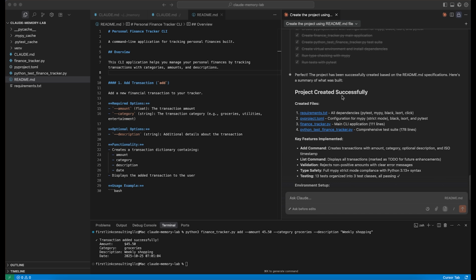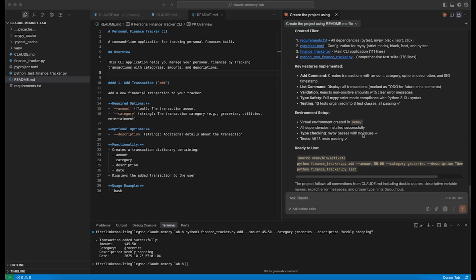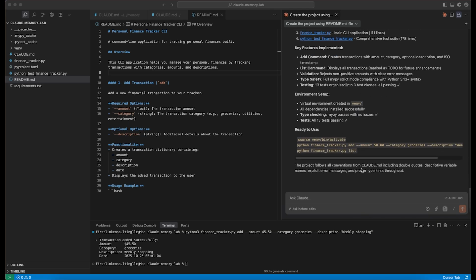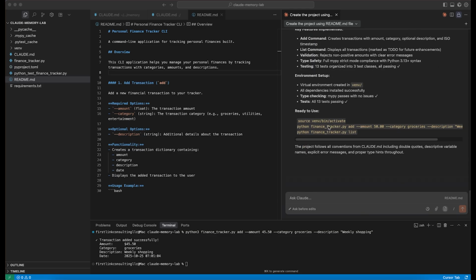And here are the summary. We have dependencies, configuration, CLI, application, and a comprehensive test suite with Python underscore test underscore finance tracker as the Python file and not test underscore finance tracker Python file. So this is perfect. And then here are the details that Claude Code is providing how you can use the project and execute it. This is clearly showing how project level Claude